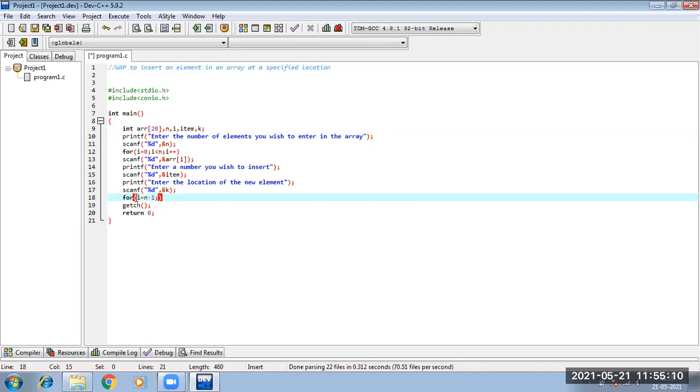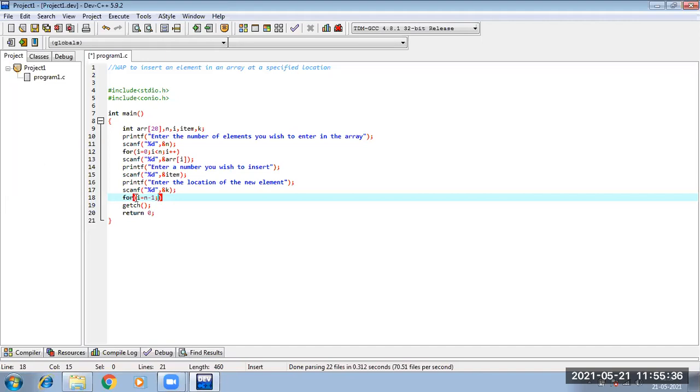Perfect. Now what was that condition, that checking that was going on? Tell me what was written in the algorithm. I greater than or equal to k. This condition checking part is related to the k value, position value.